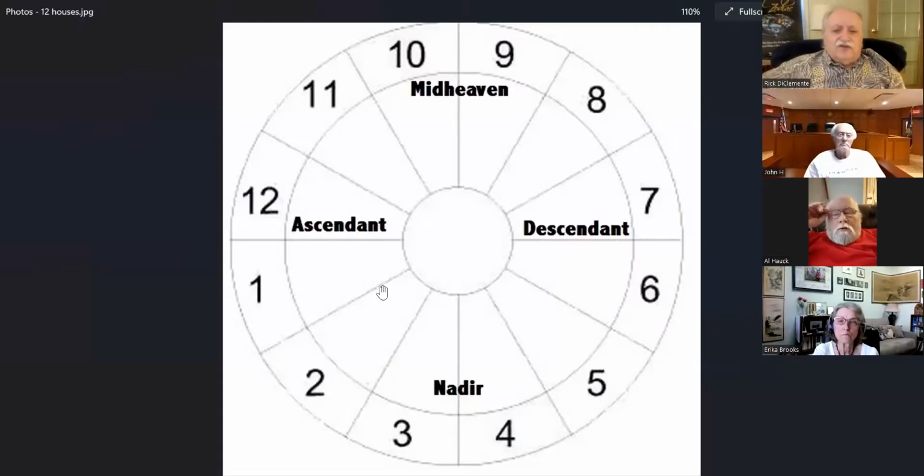Now, as I get into this further and further, you're going to start to notice that the first house is similar to the seventh house, only the seventh is on top, first is on the bottom. The second house is similar to the eighth house, only one's on the bottom, one's on the top, etc., etc. So we're going to go all the way around the zodiac, and you'll start to see how the whole picture works out beautifully into what we call an exquisite zodiac, because it's exquisitely designed because of its own inner intelligence.